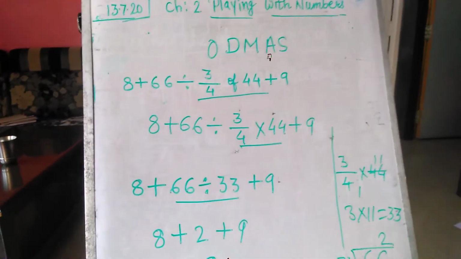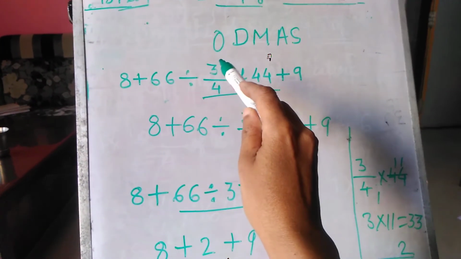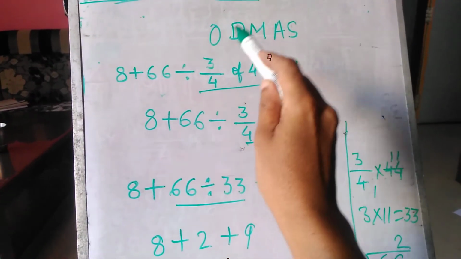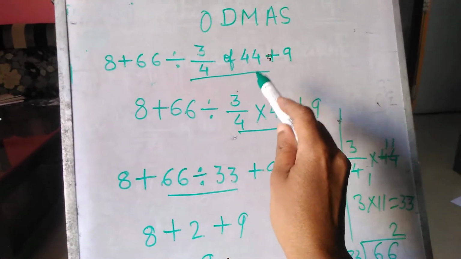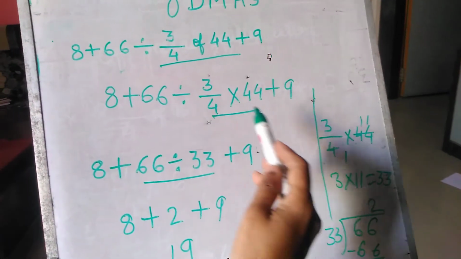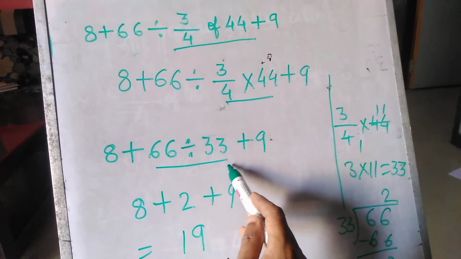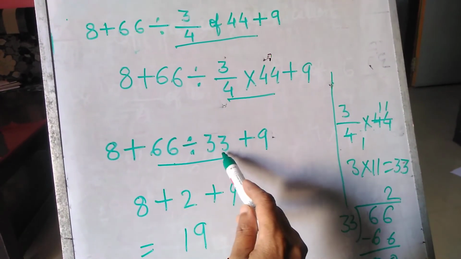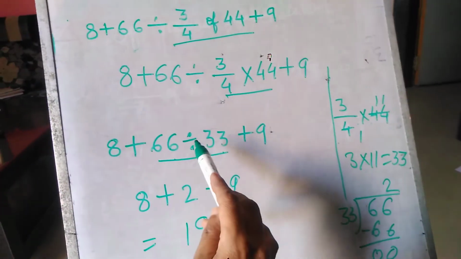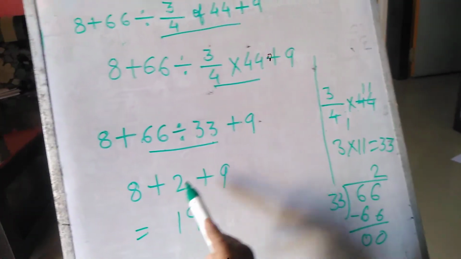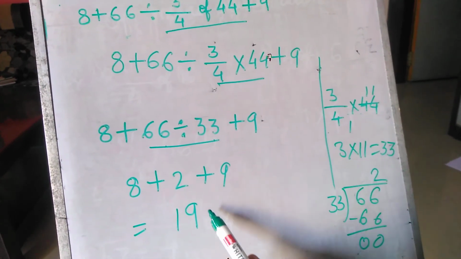So once again, just see the sequence of ODMAS. Go for O first. O stands for of, D stands for division. After doing the of between the numbers, replace it with the answer that comes after solving. Okay, this is the first step we have done. This is the second step, where 66 is divided by 33. So we go for division. In the rough column we have divided, and this number will be replaced by the quotient 2, the remaining numbers we have kept as they are, and last we have to do addition.